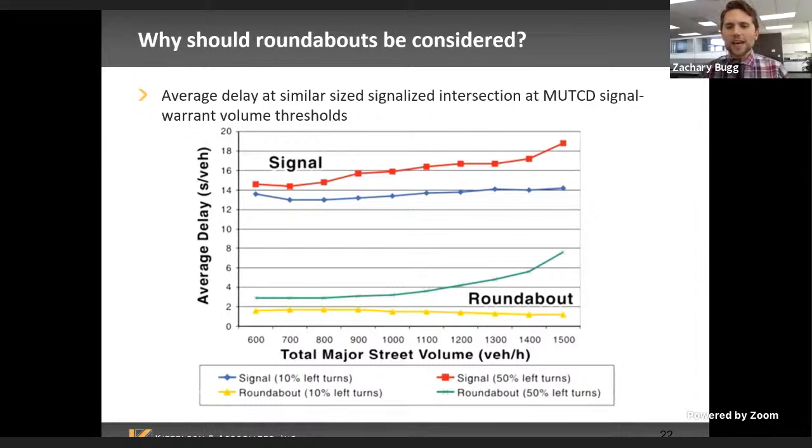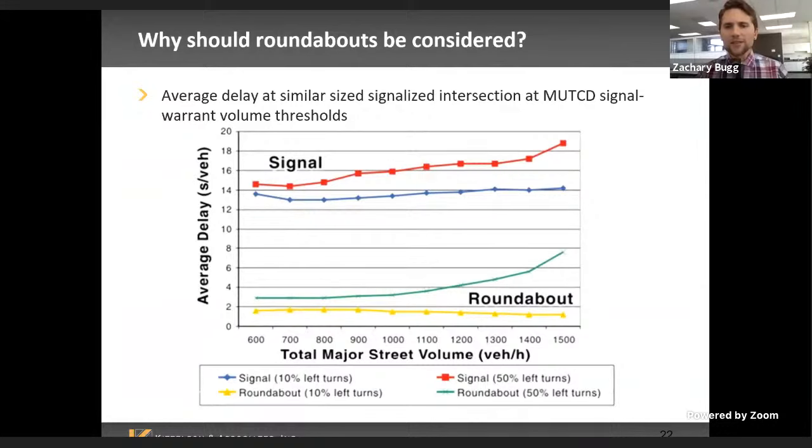But if you look at lower volumes, this graph was produced based on a theoretical sensitivity analysis of intersections that have volumes right at the signal warrant thresholds. I know you all are familiar with signal warrants in Canada, as we do have them in the US as well. Signals are only warranted after a certain amount of volume at an intersection. They're not allowed to be permitted everywhere. So at those thresholds where the signal becomes warranted, the roundabout actually has about 1/5 to 1/6 of the delay for that level of volume right after the warrant.